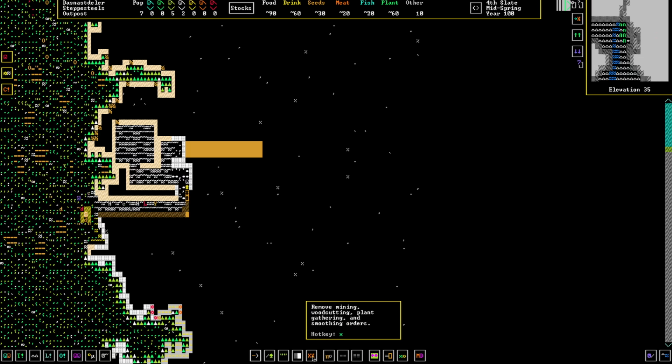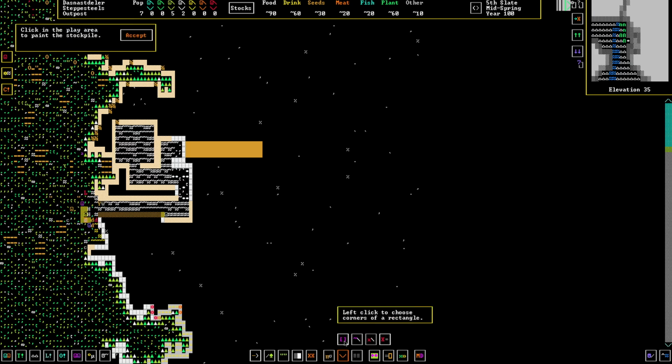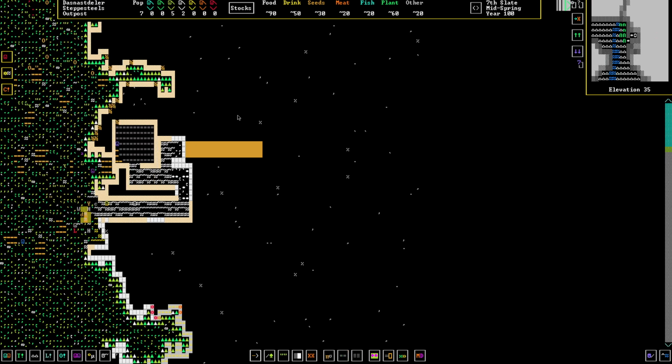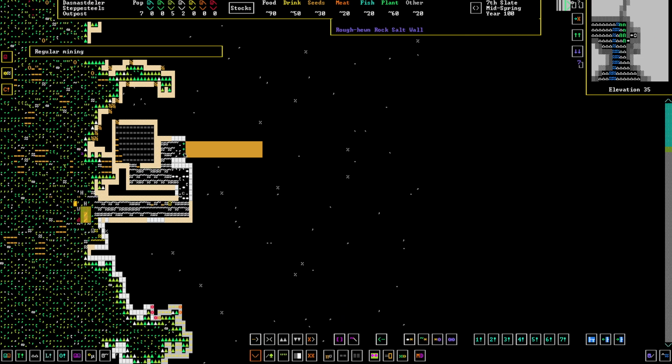If I can remember how to do this. Stockpiles. Alrighty, so we're going to make a stockpile. We will accept, and we're going to set it for wood. Why doesn't it put a check mark or something in it? Okay. Oh, it's okay. Looks like it got set. I guess it lit up a little bit. Okay, so we'll haul in a bunch of wood,